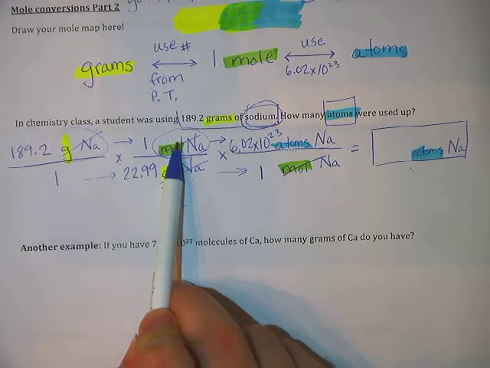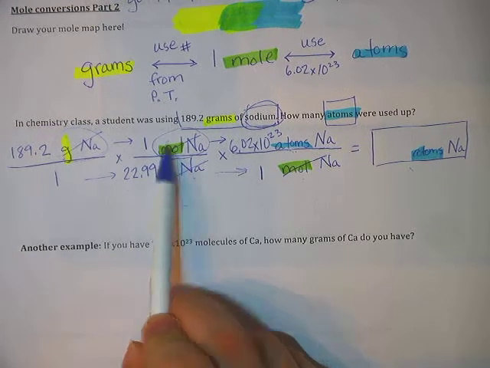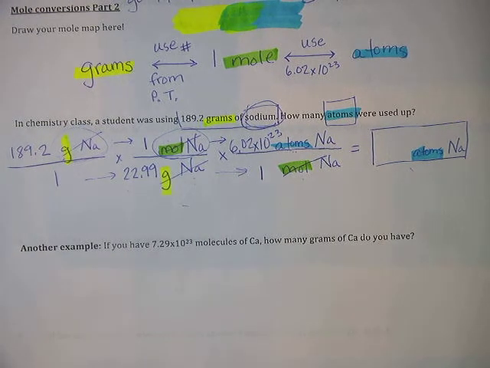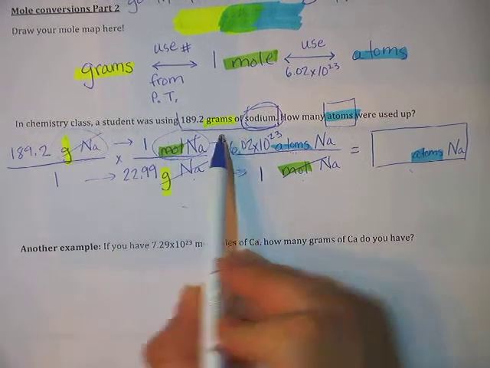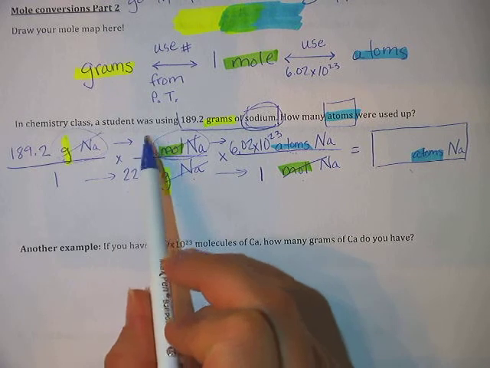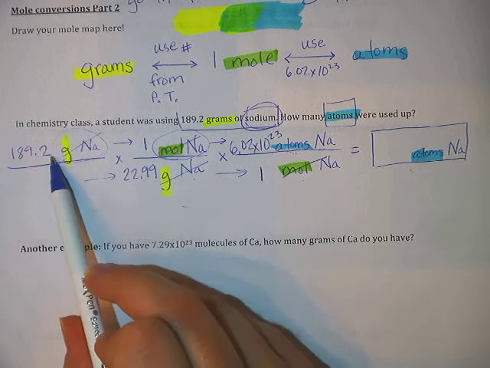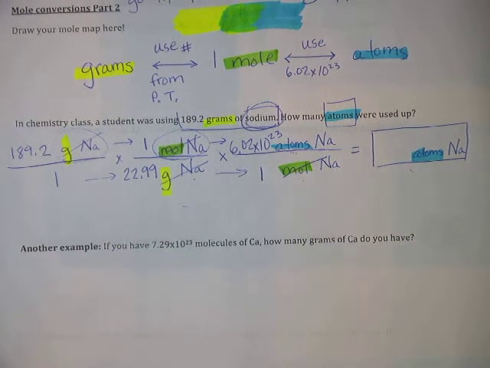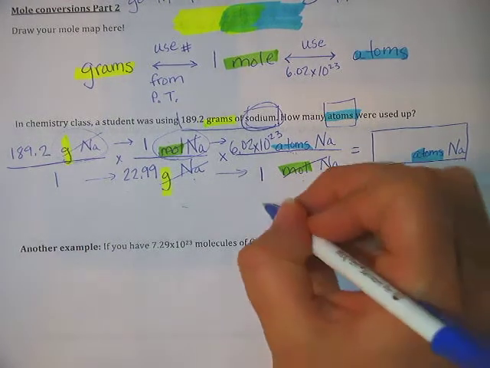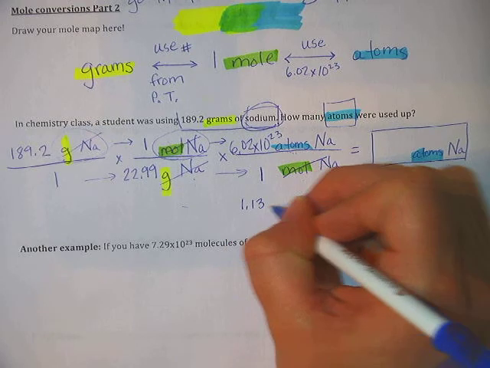So I'm going to do this times 1, 189.2 times 1 times 6.02 times 10 to the 23rd. Type it in your calculator. 189.2 times 1, which, I mean, you don't really need to type the times 1. You know that's still going to get you 189.2. But definitely that times 6.02 times 10 to the 23rd, you're going to have to type. And when you do, the calculator gives you this